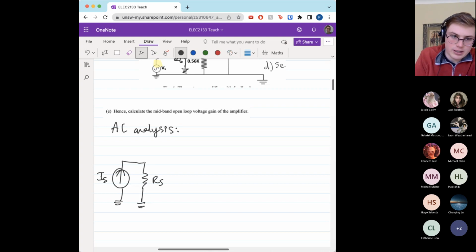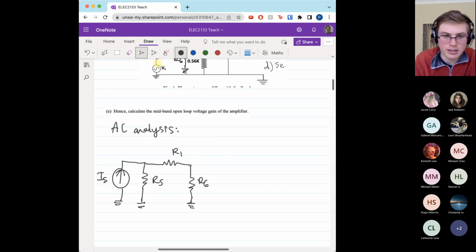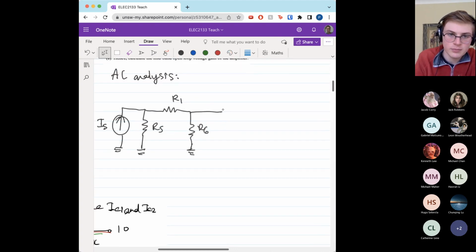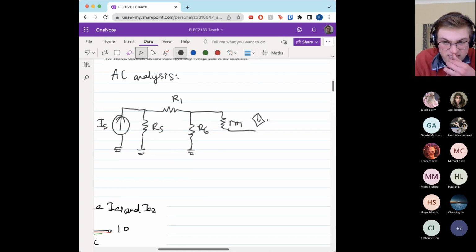Source resistance R1 is going to be here. This is our loading effect. We're going to bring a shunt R6 into the mix. And then we have Q1. So for Q1, we're going to have R pi 1, and then we're going to have either GM V pi, or another good way is you can just write this straight